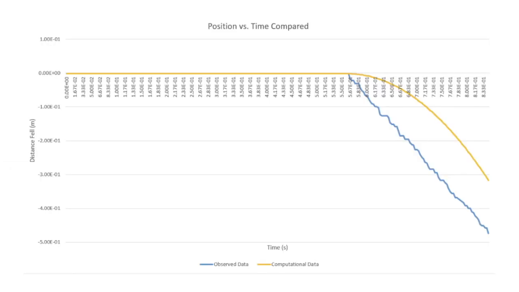This is the comparison model of the observed data from Tracker and the computational data from GlowScript. As you can see, the observed data is a lot more jagged than the predicted data. This is most likely due to human error when tracking the video, the quality of said video, and also possible human error or external forces occurring when the video was initially recorded that are not being taken into consideration,